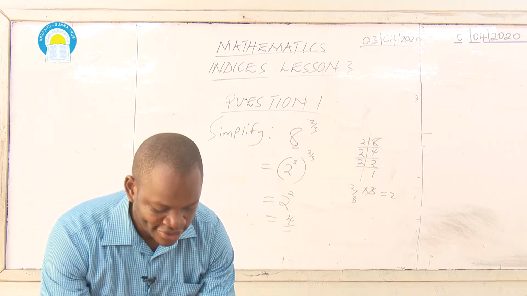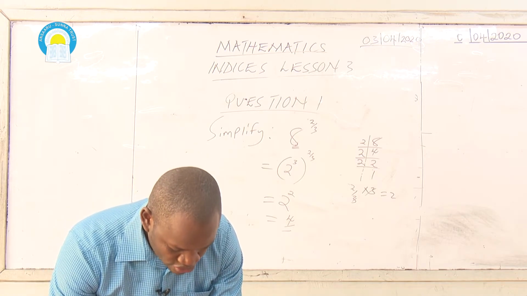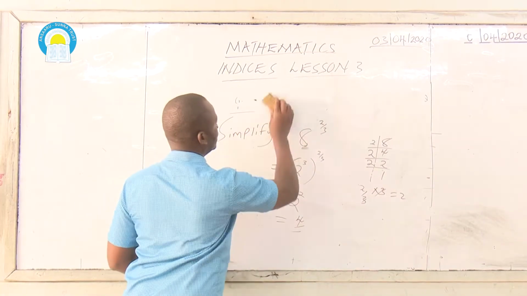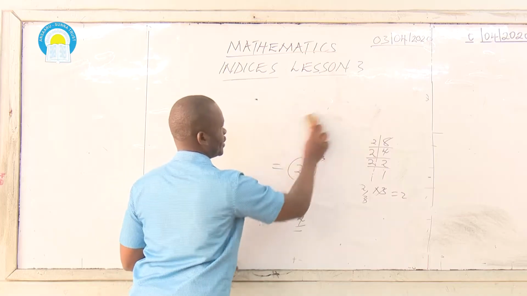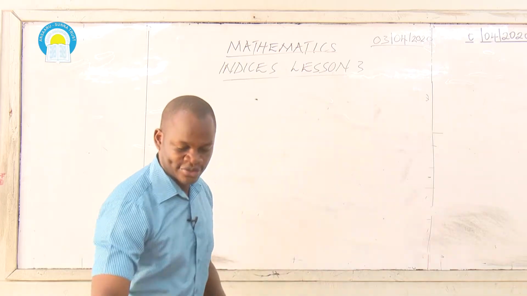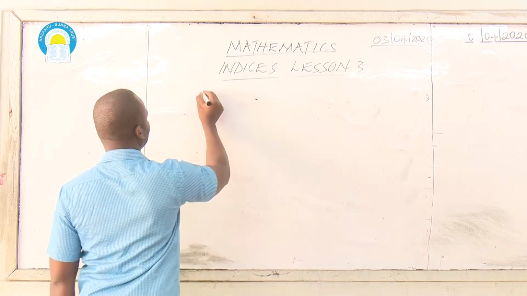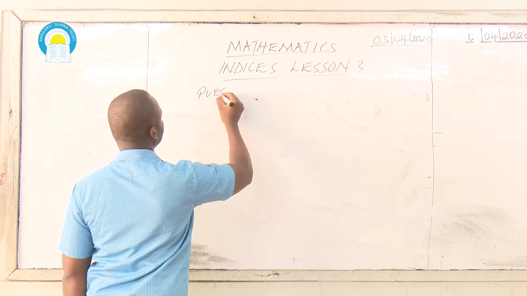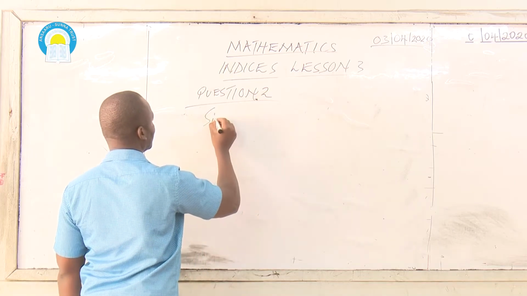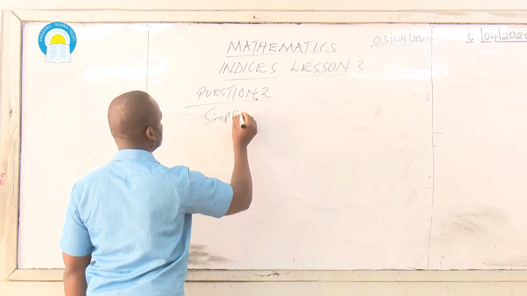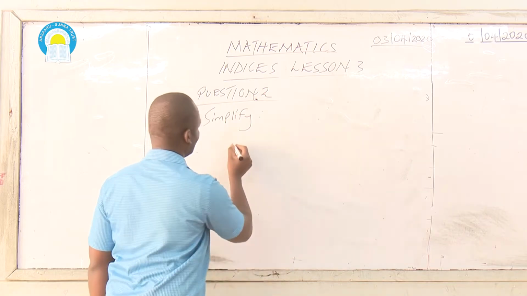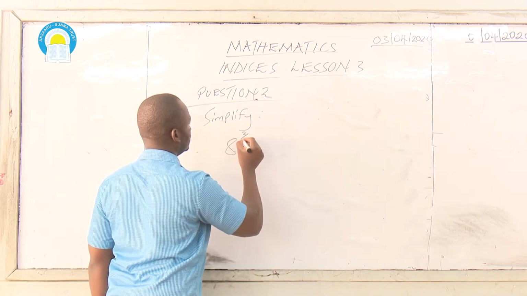We go to question number 2. Of course it's a bit tricky compared to the first question I've given. Question number 2, you are told to simplify: 8 raised to power 2 over 3